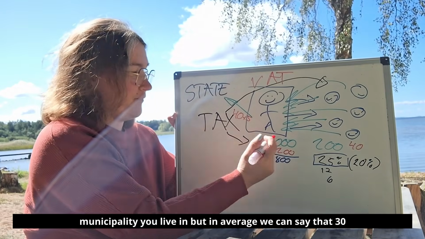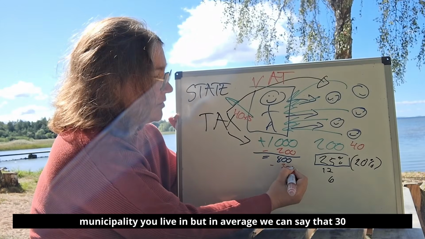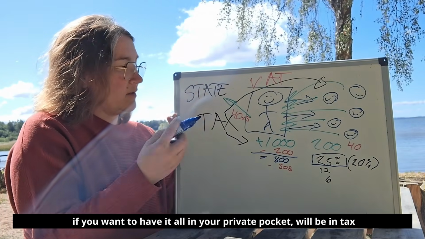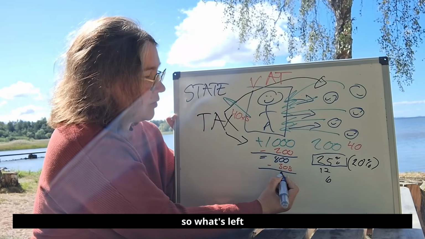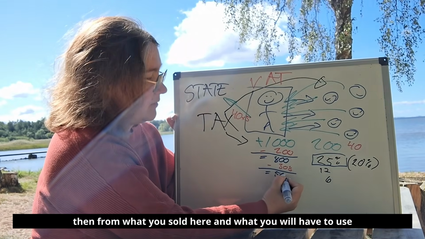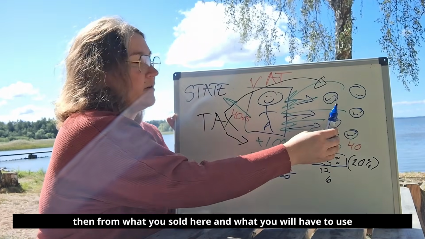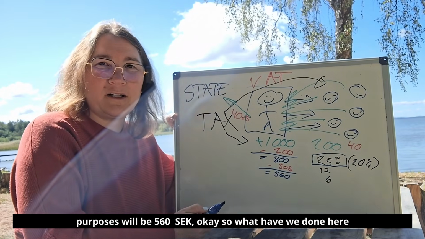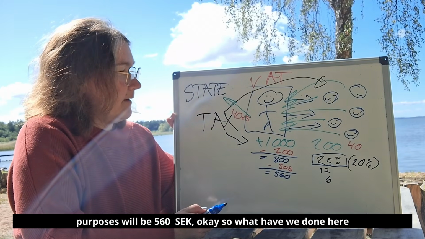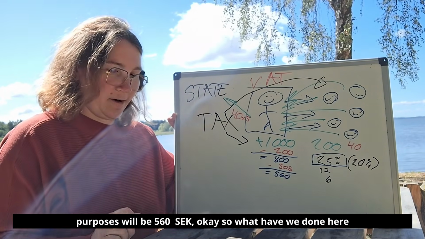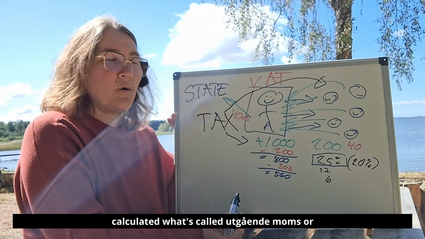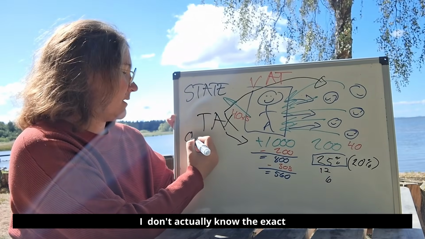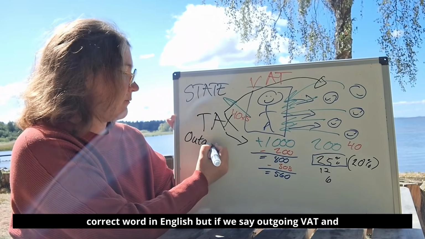But on average, we can say that 30% of this, if you want to have it all in your private pocket, will be in tax. So what's left then from what you sold here and what you will have to use for private purposes will be 560. Okay, so what have we done here now? We have calculated what's called utgående moms, or I don't actually know the exact correct word in English, but if we say outgoing